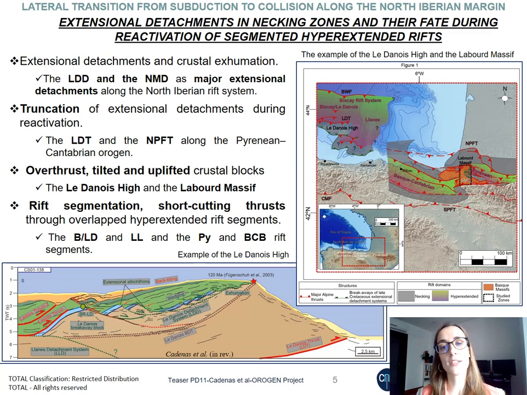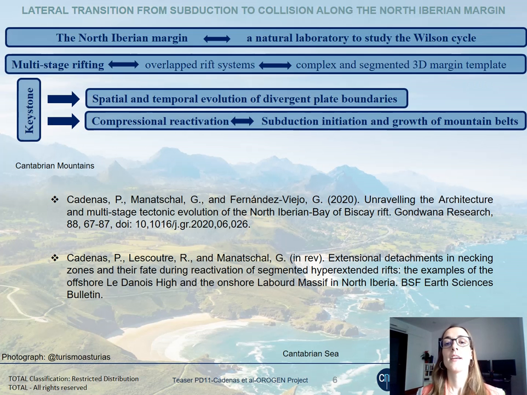We proposed that the location of the 2 crustal blocks at segment ends of evolving and overlapped rift segments allowed for their preservation as mildly inverted structural highs. The outcomes of the postdoc project provided further and key insights to advance the understanding of extension and hyperextension processes within the North Iberian rift system and the distribution of compression and along-strike structural variations observed within the